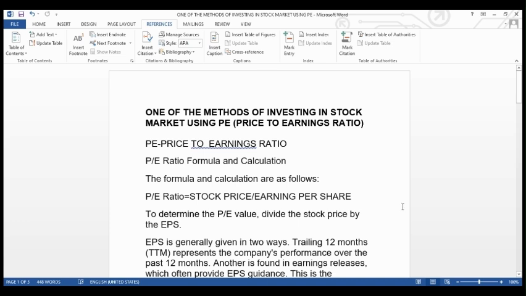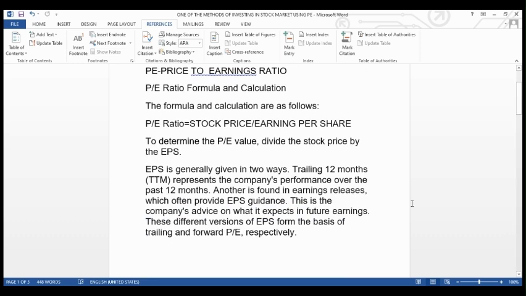See, what is the earnings per share? I will come to it in detail later. So to determine the PE value, you have to divide the stock price by earnings per share, that is EPS. EPS can be given in two ways. One is trailing 12 months, which represents the company's performance over the last 12 months,